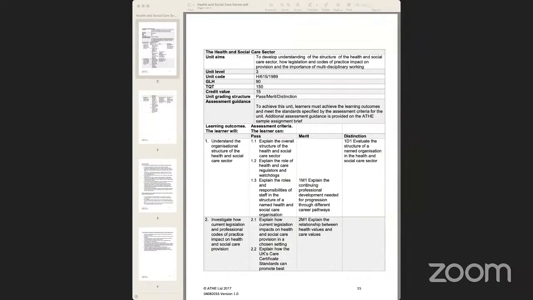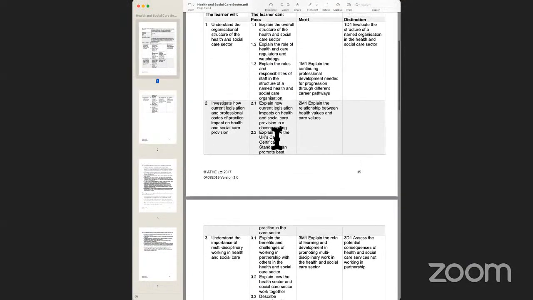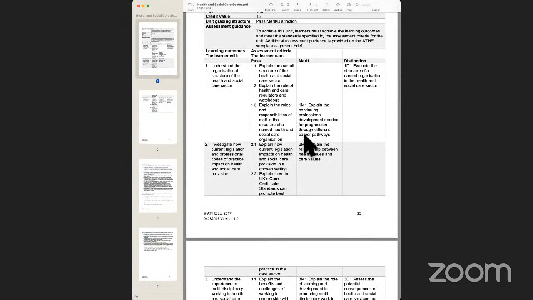Right. So we basically look at a couple of things today just before we start. As you know, most of us have been studying the health and social care sector unit. This unit has 3 learning outcomes. We have covered learning outcome 1 and learning outcome 2. Last week, after the bank holiday weekend, on Tuesday we covered learning outcome 2.